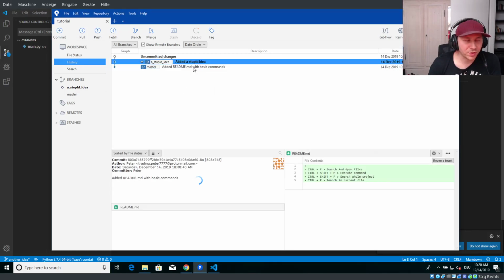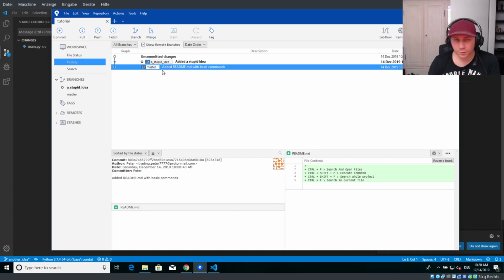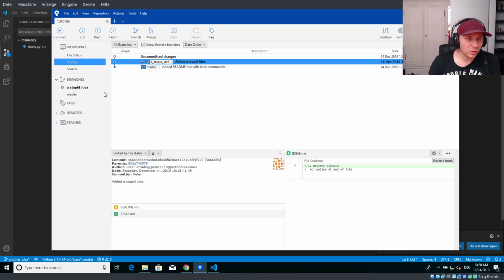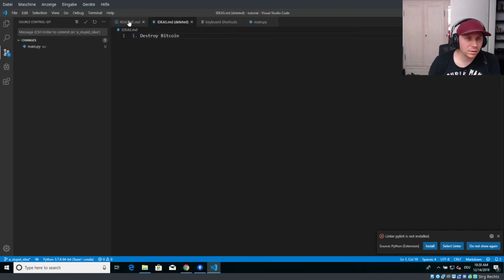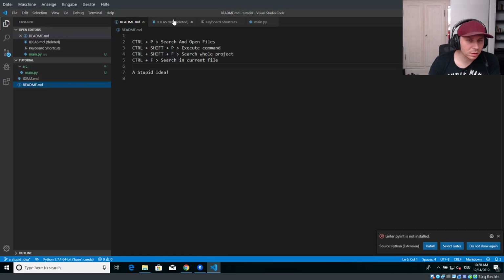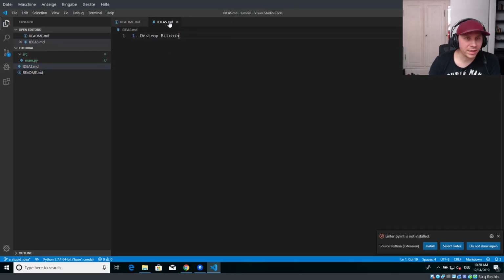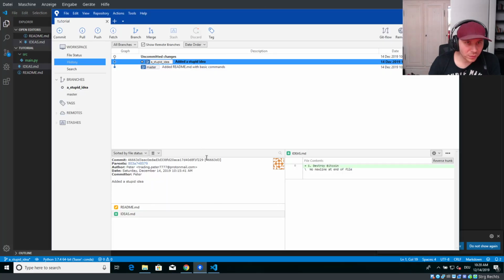Okay, back on track here. So we got this master branch and this stupid idea branch. And the stupid idea branch is the active one. So if we go back here, we have this state here. Let's clean up here a little bit with the ideas file and the readme file. And that is now on this branch. And now let's say I want to make